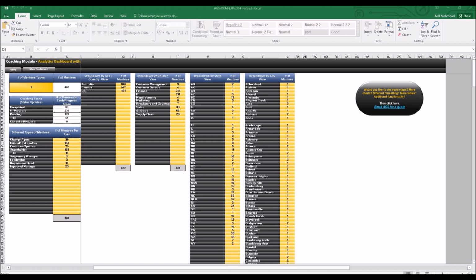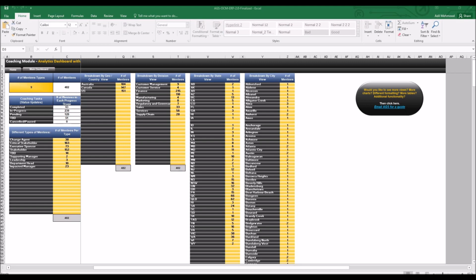These are important views because they allow you to easily see where you have mentees positioned throughout your organization and which country, division, state, or city may be missing from this list. They also allow you to see which locations or divisions have the highest or lowest number of mentees. This information is extremely helpful in planning travel for meetings or video conferences as needed with mentees in various geographical